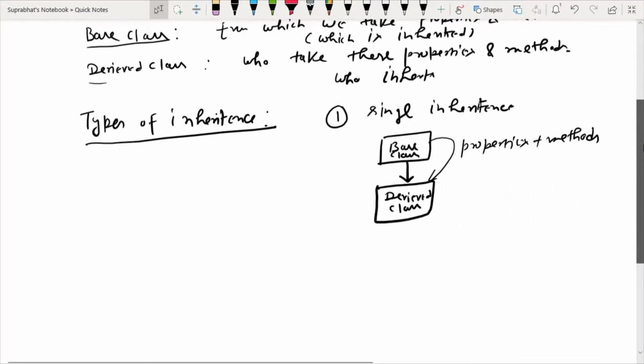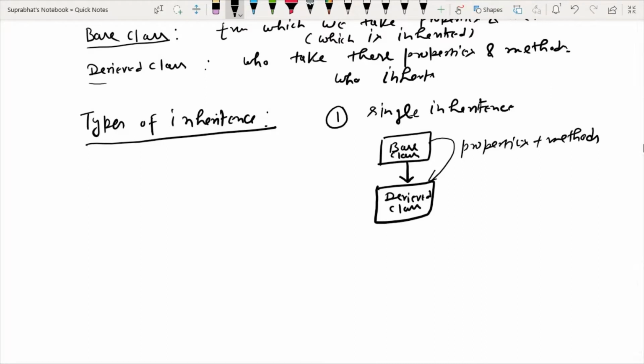So first of all I am going to discuss single inheritance. The question is how to create single inheritance in Python.